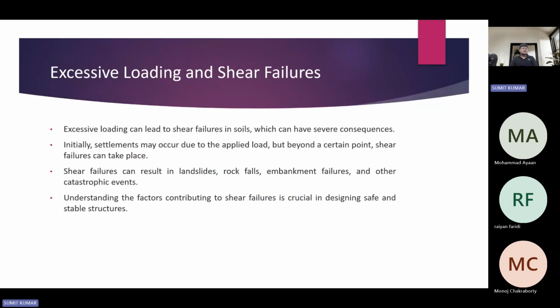Talking about these things, initially a settlement may occur due to the applied load, but beyond a certain point, the shear failure can take place. The shear failure can result in landslides, rock falls, embankment failure, and other catastrophic events. Understanding the factors contributing to shear failure is very crucial in designing safe, stable structures. Hence, this excessive loading could be